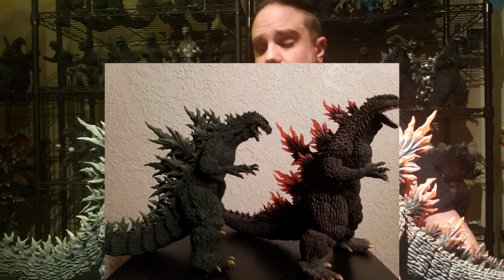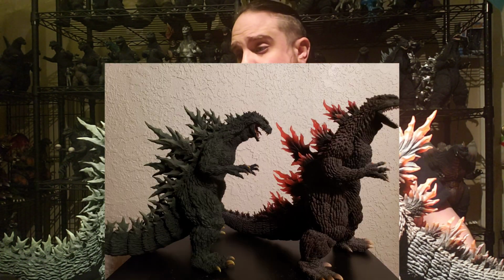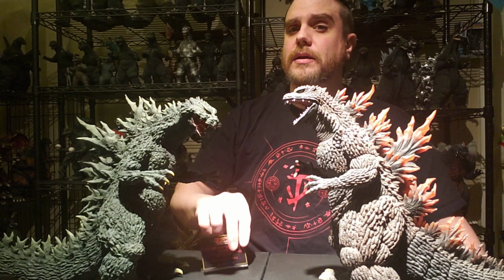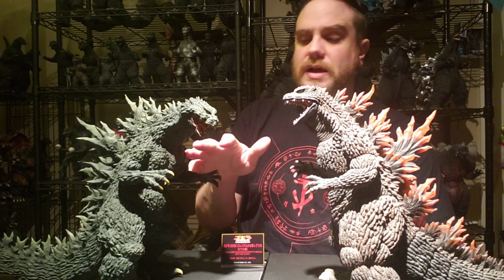The only difference that I can see right off the bat is the amount of dorsal plates. They're not as complicatedly designed as they are on the Yuji Sakai. And also the head is bigger and resembles more of a reptile, rather than the Yuji Sakai, which represents not only a reptile but also more of a wolf as well. That's really how I see it. There could be different ideas and opportunities for sculpting this Godzilla, but